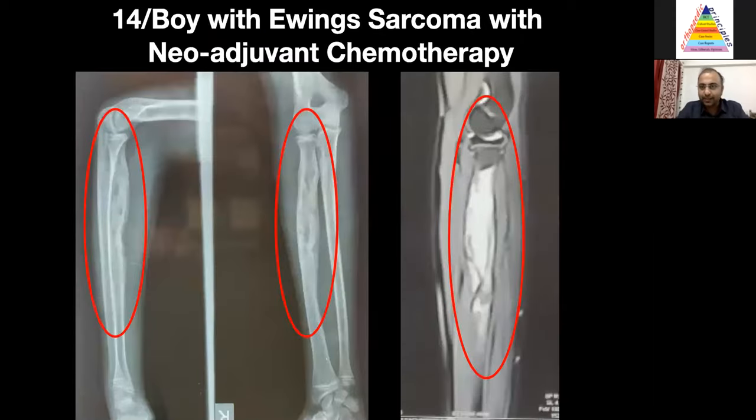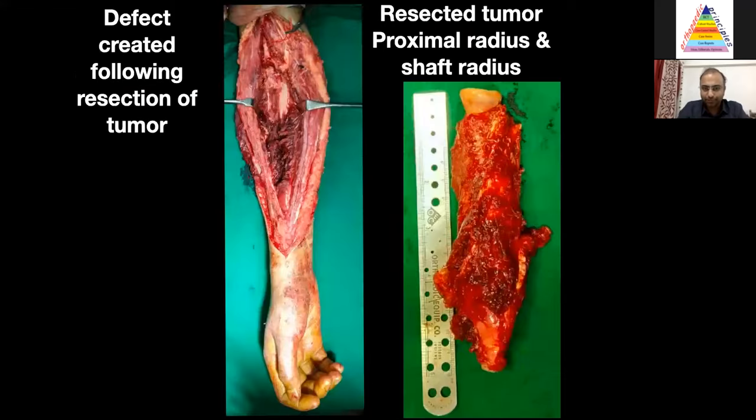Next we'll be seeing an example of a 14 year old boy with Ewing sarcoma of the radius. We had a treatment option of resecting this bone and putting it back again with the help of ECRT. So this is the osteoarticular reconstruction. This is how the bone is resected. The posterior interosseous nerve you have to cut, and the patient will have wrist drop after the surgery.